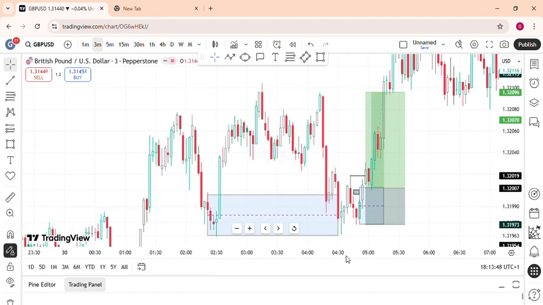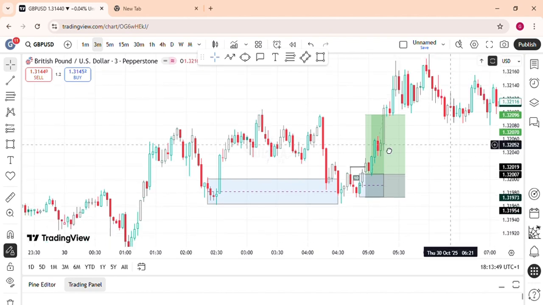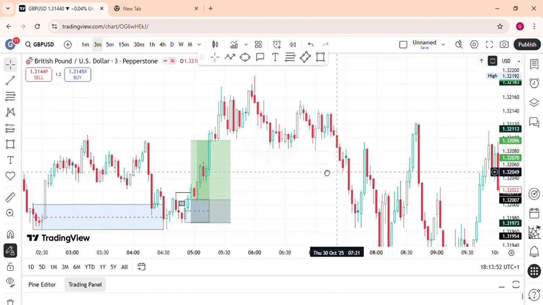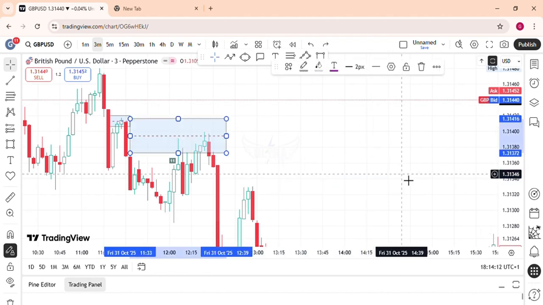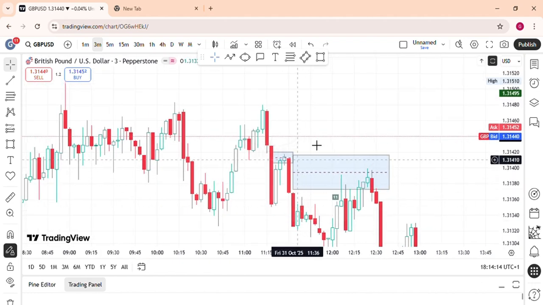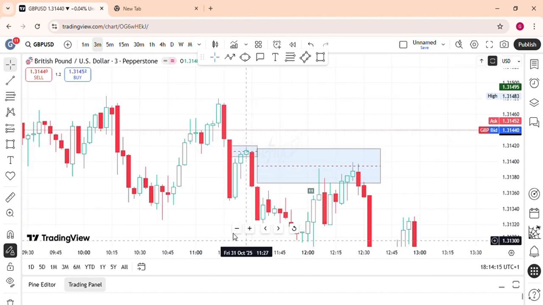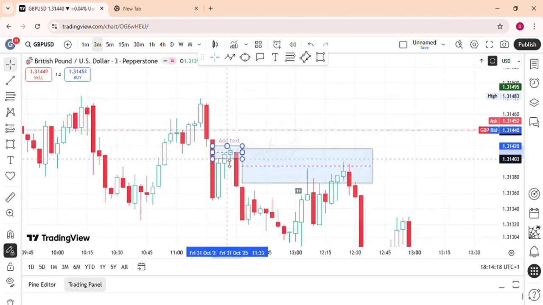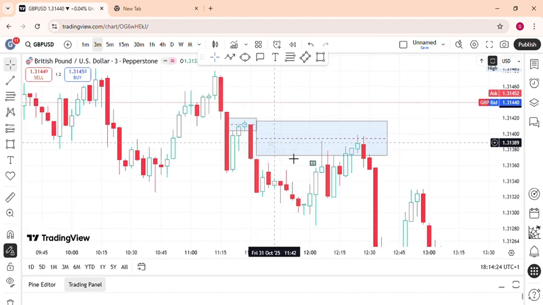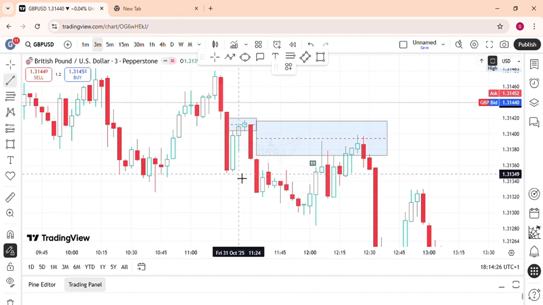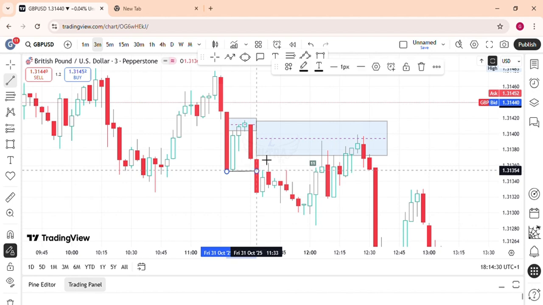The next trade would be trade number 11. So this is our trade number 11. You can see a fair value gap, and market comes back to tap into this fair value gap here, this area. And as the market bounces off from it, it created a break of structure here and a fair value gap here. So this fair value gap will be used for our entry, like so, short position here,